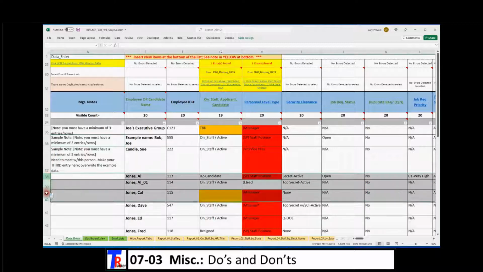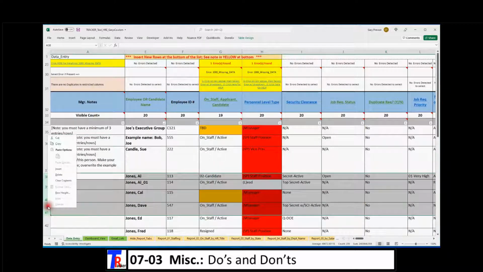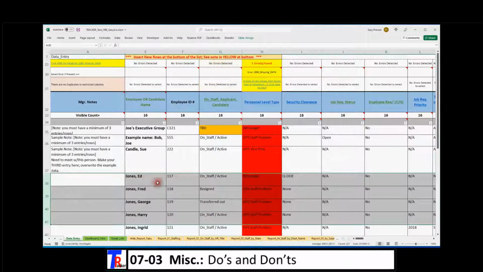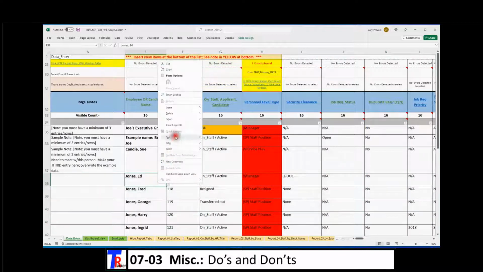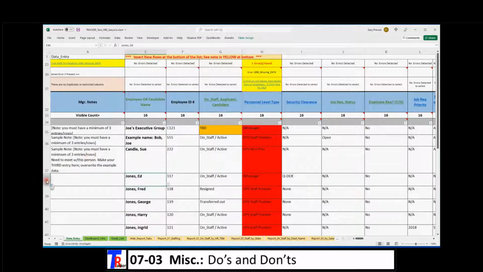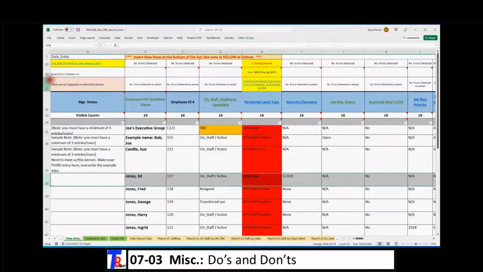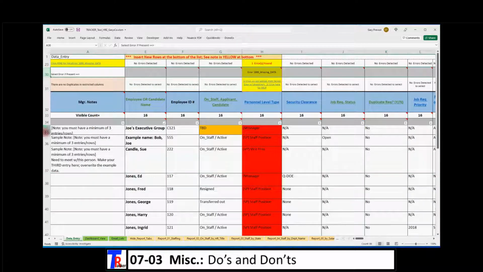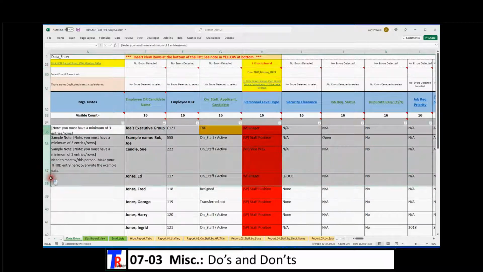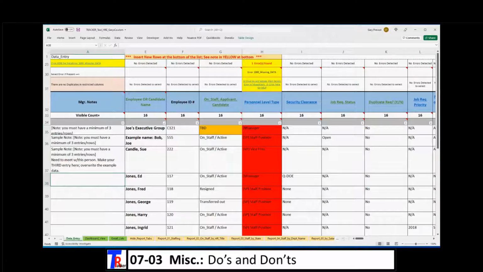Or if you want to delete rows, simply highlight the entire row and then select your delete button. You don't want to go over here and select delete in this way. You must select the entire row to delete, but certainly don't select columns or any of the other rows. Only the data rows that you're entering information in can be deleted. I'll scroll over to an example of where